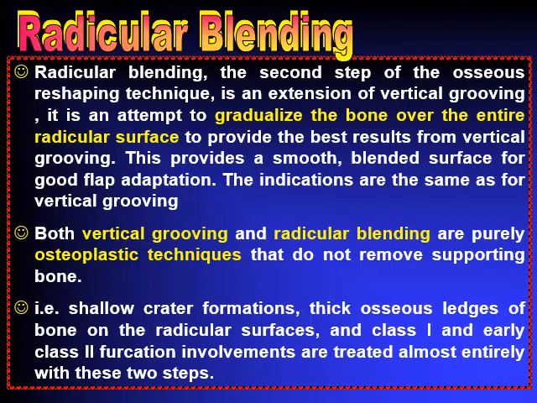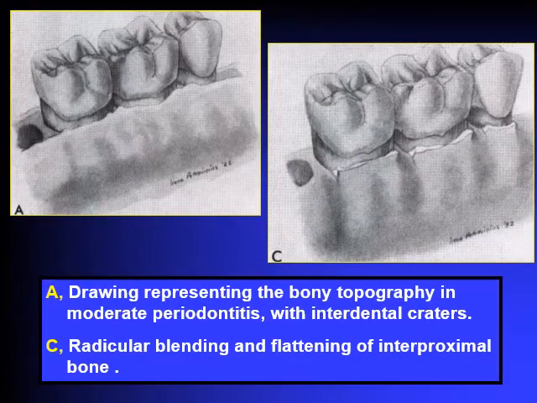So both vertical grooving and radicular blending are, as I mentioned, purely osteoplastic techniques. There is no removal of the alveolar bone support. This means shallow crater formation and thick osseous ledges of bone on the radicular surface in class 1 and early class 2 furcation involvements are treated mostly with these two steps, vertical grooving and radicular blending. As we see here in this diagram,